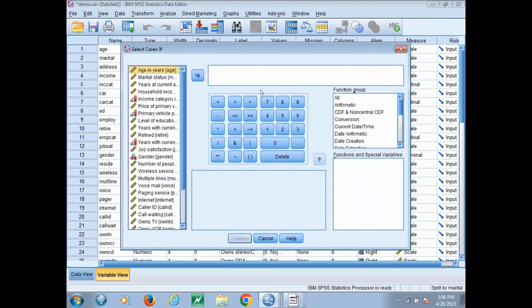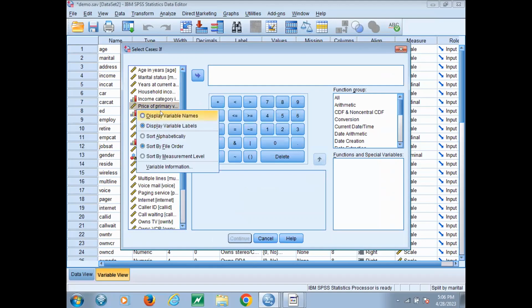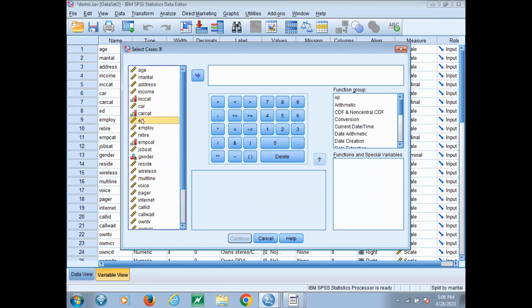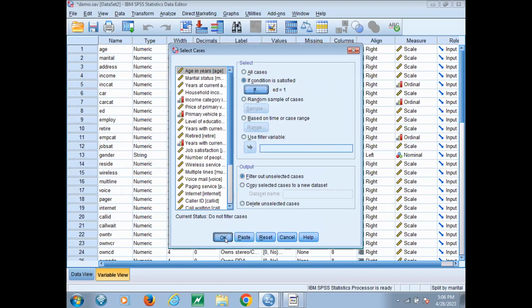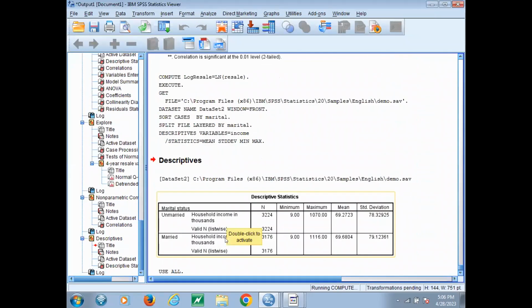ओके, जब आप if वाली बटन पे क्लिक करेंगे आपको एक ये डायलॉग बॉक्स खुल के मिलेगा. इसमें वेरिएबल आपका होगा ईडी, और अगर आप वेरिएबल लेवल से देख रहे हैं तो लेवल ऑफ एजुकेशन, इसको इधर बॉक्स में पुट कर देंगे इक्वल टू 1. जिन्होंने हाई स्कूल कंप्लीट नहीं किया था उनके लिए कोड था 1, सो आई हैव रिटन ईडी इज इक्वल्स टू 1. क्लिक ऑन कंटिन्यू, क्लिक ऑन ओके. ठीक है,